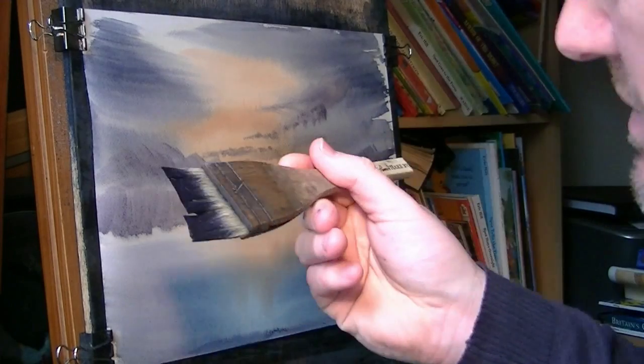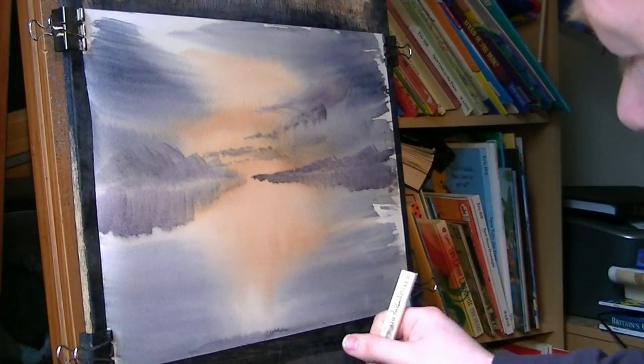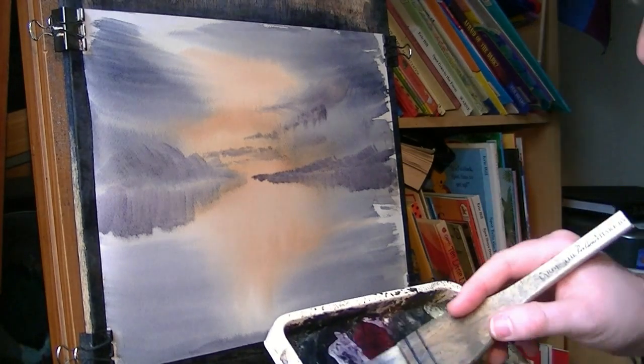So I'm just going to dip the tips in. See how the hairs have separated only slightly. So I just dip the very tips of the brushes in. Brings all the hairs back together. That's how you get your chisel edge. And then what I might do is